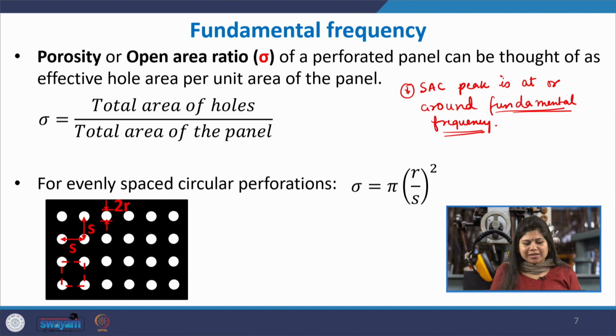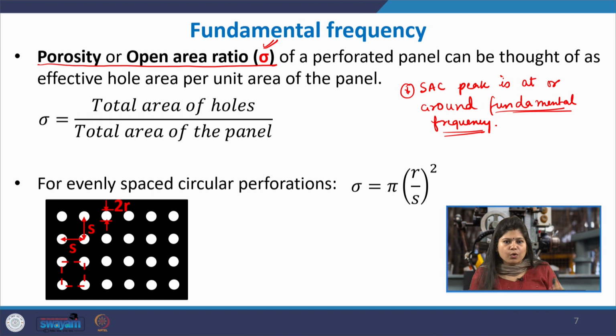So, for this perforated panel, one important terminology that is usually used to define its sound absorption performance is the porosity sigma. Sometimes it is also called the open area ratio. It can be thought of as the effective hole area per unit area of the panel. Okay. So, you can say that per unit area of the panel, how much proportion or fraction of the area is actually the perforation or the hole. So, for the overall panel it becomes the total area of holes divided by the total area of the panel,